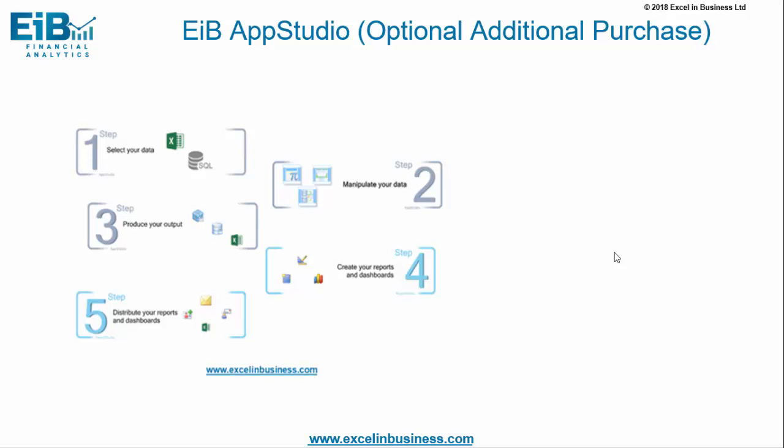In this presentation, I'm going to show you how EiB AppStudio 2.18 can take some raw data, in this case from an Excel workbook, and transform that into an MI application. And what I'm going to produce from that is a SQL Server data warehouse. I'm going to produce a SQL Server cube from that, then use EiB Report Studio on that new cube to